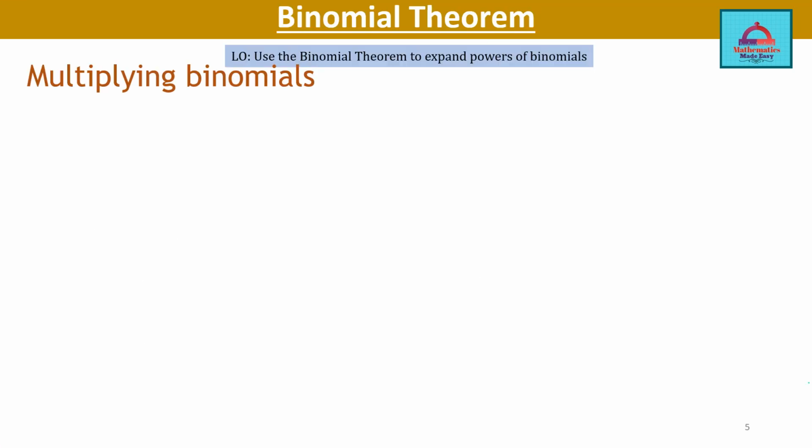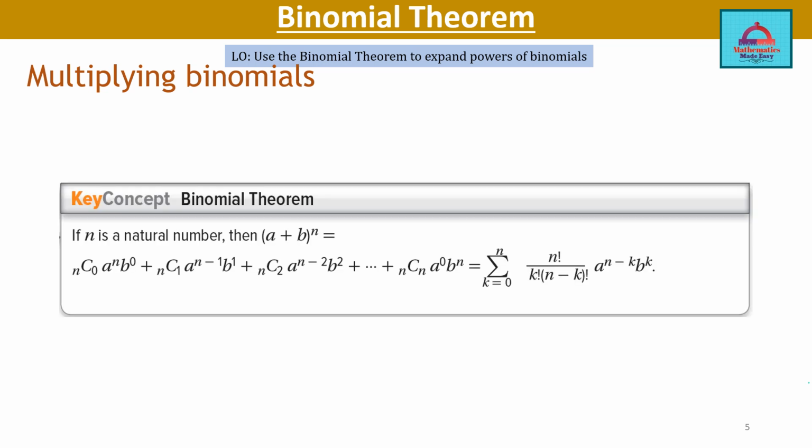Let's recall from our previous video on binomial theorem, the expansion of binomial theorem and how we can use it to expand the powers of binomials. So the binomial theorem is used for the expansion of the binomial a plus b to the power n. This is what we are expanding, and we can write the binomial coefficients using the combination formula. So the first binomial coefficient will be nC0, then nC1, then nC2, till we come to the last term with nCn. And first we take the first term, that is a, raise it to the maximum power n,